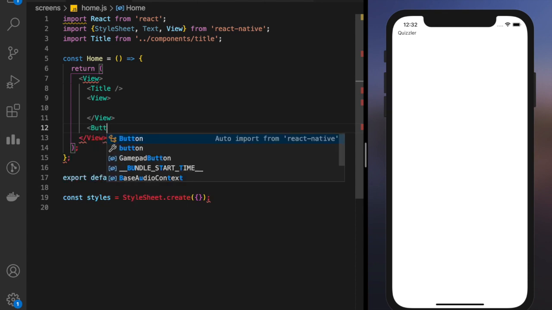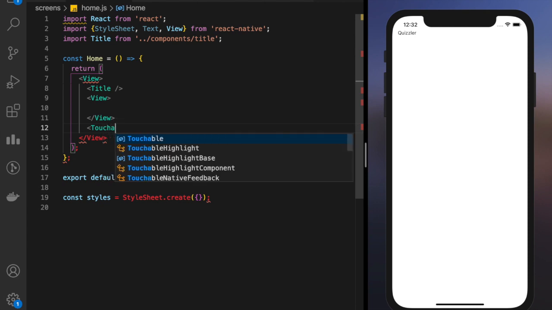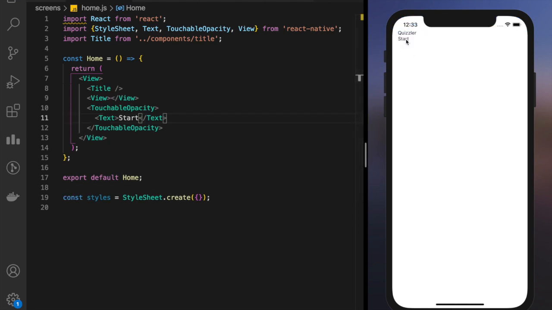Now you can either use button from React Native or use touchable opacity. I personally like touchable opacity. What is touchable opacity? Anything that's enclosed in these 2 tags will be touchable automatically, right? So let's suppose there is a text, let us say start. I'll show you. You can click this start. Can you see the little fading thing? So anything that you put inside touchable opacity will be clickable. Now why am I using touchable opacity? Because it is much easier to design touchable opacity than a button. So therefore I'll use touchable opacity.